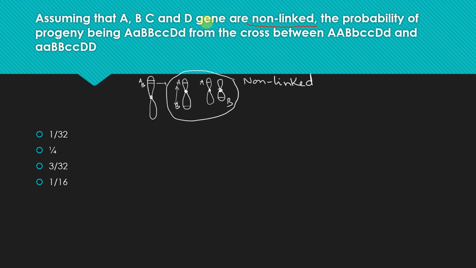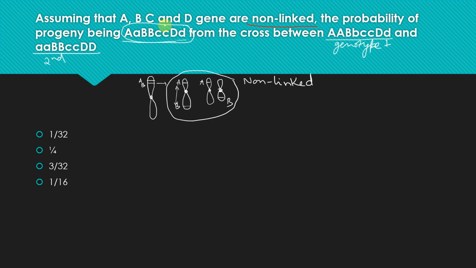So assuming that the A, B, C, D genes are non-linked, what is the probability of the progeny being capital AA, capital B, small c, capital D, small d, from the cross between this parent, I'll not read this. So this is the genotype of one of the parents and this is the genotype of the second parent. Okay, so they have been crossed and they are asking what is the probability of the progeny getting this